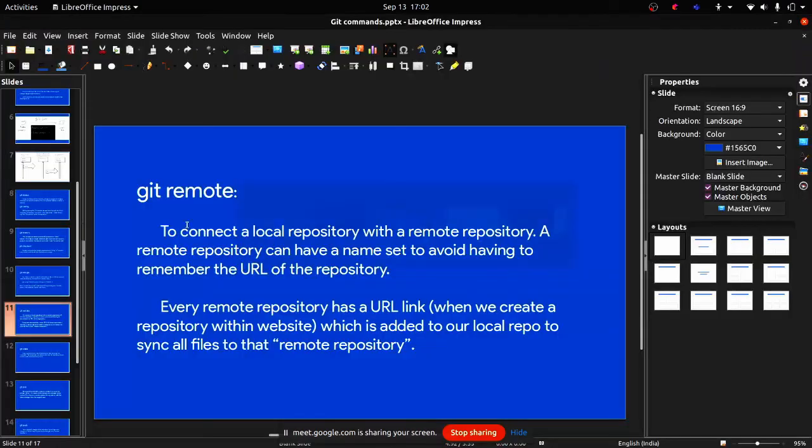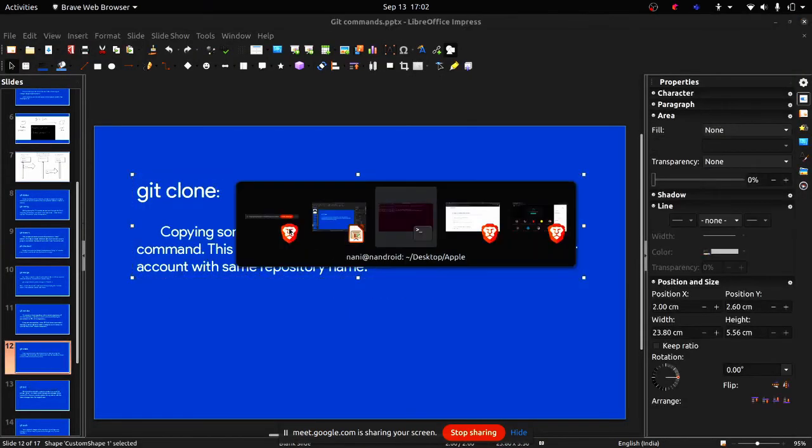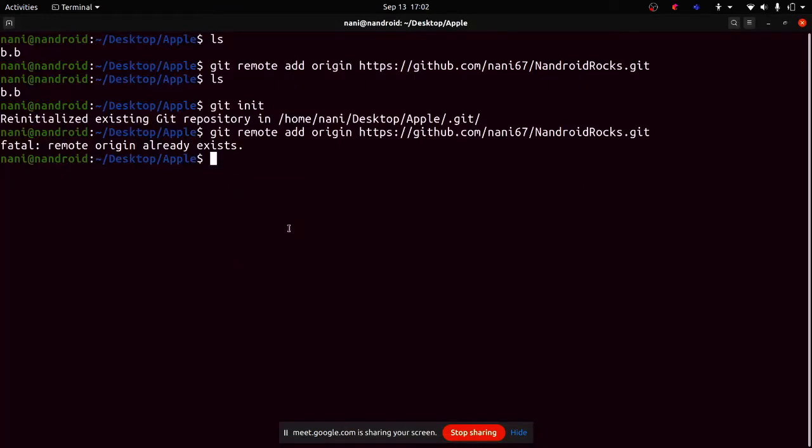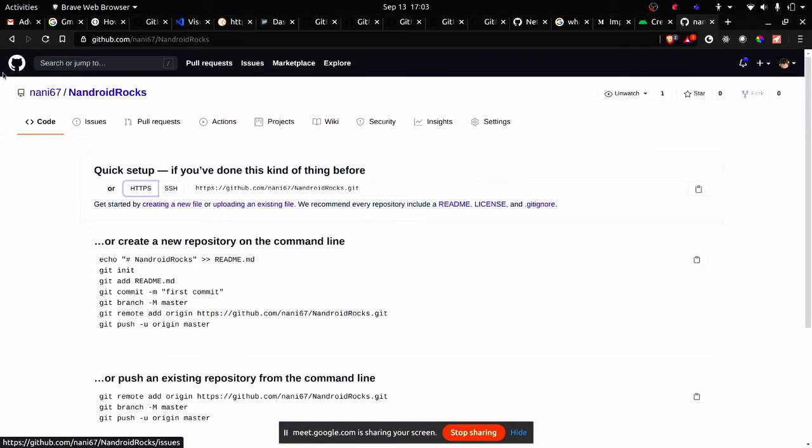Okay, so we'll go to the next command. So git clone. Git clone is special because this is the only command which you use to get someone else's code. For example, let me just show you a repository.